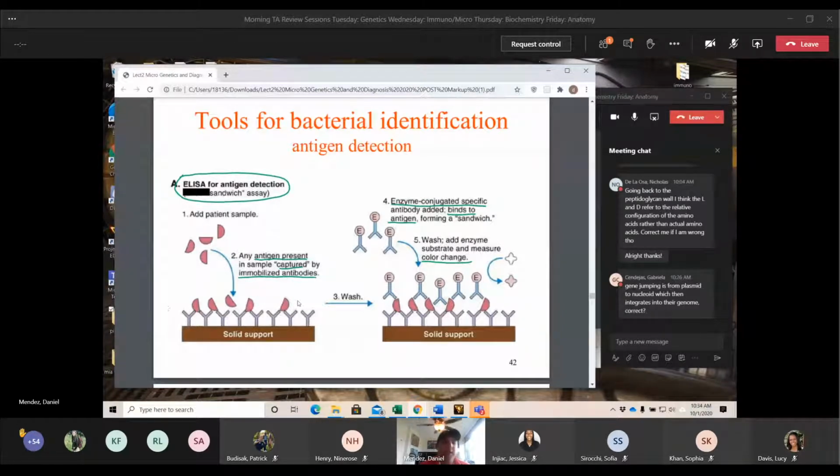Once that antibody and antigen are bound, we'll wash any excess off, and then we'll apply another antibody with a marker on it. It can be a fluorescent marker, any sort of marker that can help us know we do have antigen bound. So this antibody is going to bind to the antigen as well, and it'll create that sandwich. So we'll have antibody, antigen, antibody sandwich here, and the top one will have that fluorescent marker to let us know. This allows you to find out if there is antigen in the sample, in that patient sample that you were looking for.